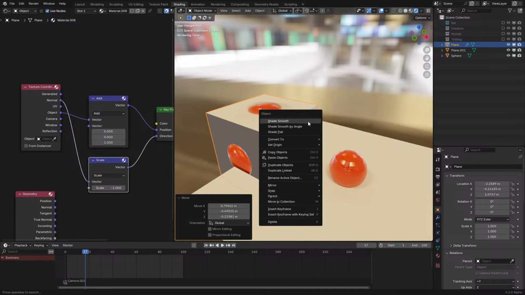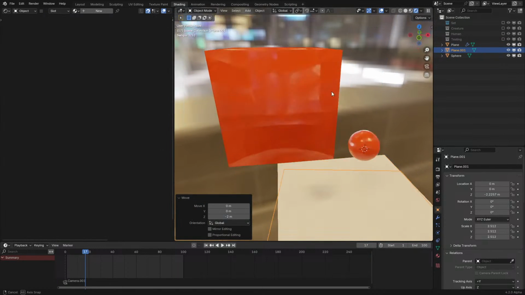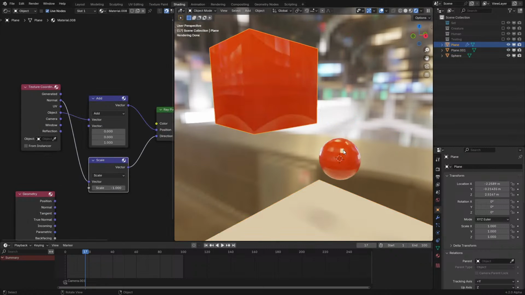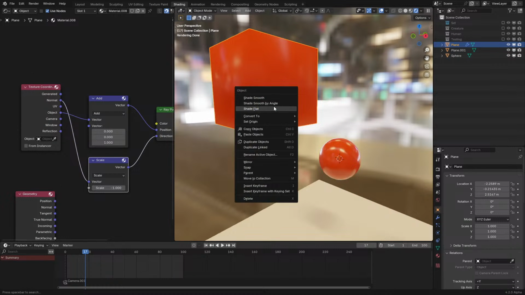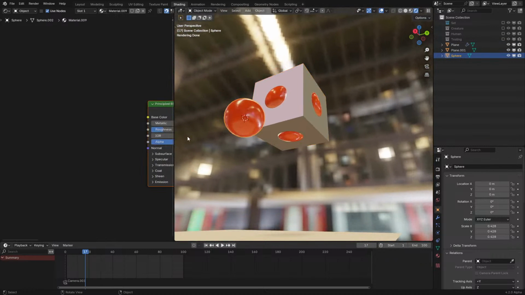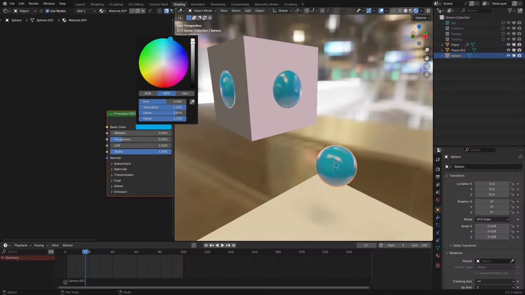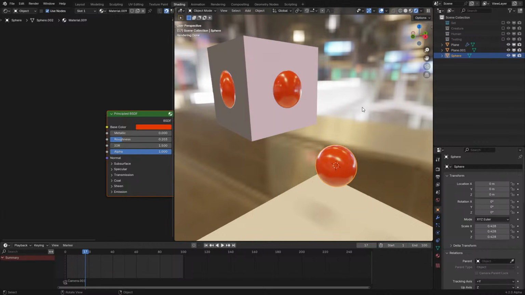So now, let's shade smooth. Now we can see that this cube is now projecting onto the sphere in its entirety. So let's shade that to be flat once more, and we can see that this is looking at it from every single angle, which is extremely interesting and extremely overpowered. Because not only, as you probably saw,